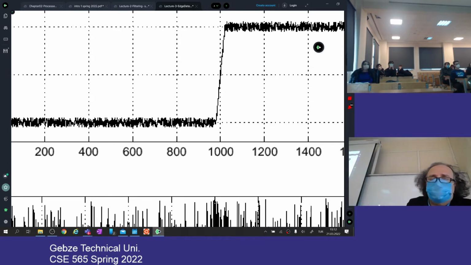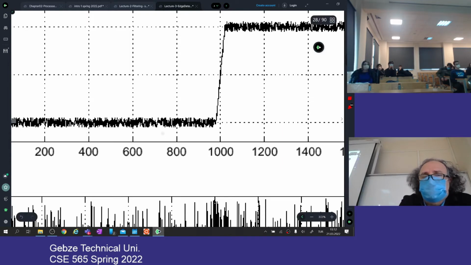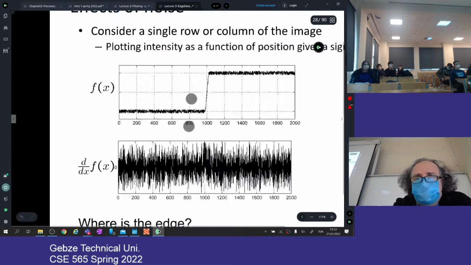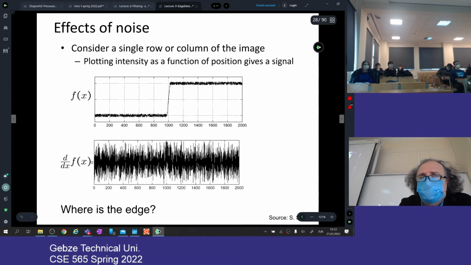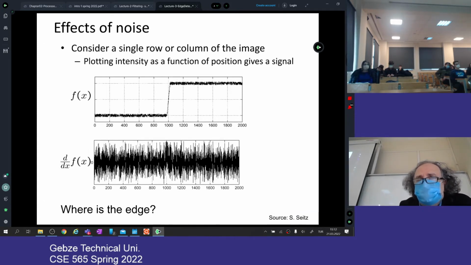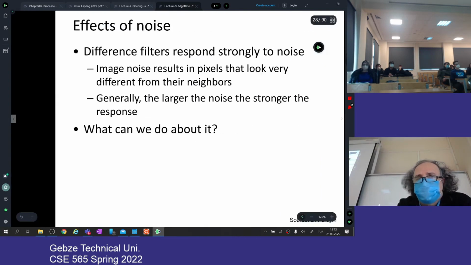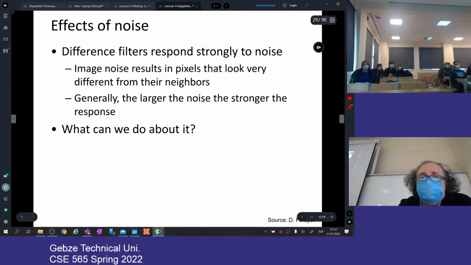This is not a pure smooth intensity area, so the derivatives will be high here, and the derivatives will be high in there too. So finding the edge in a reliable way will be difficult, and we need to find a solution for that. So our solution is usually,